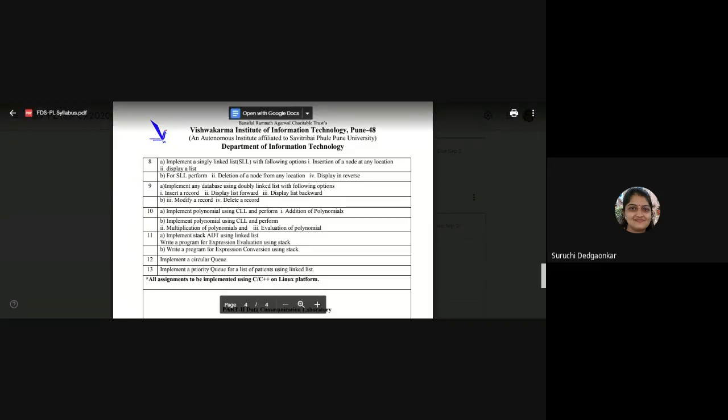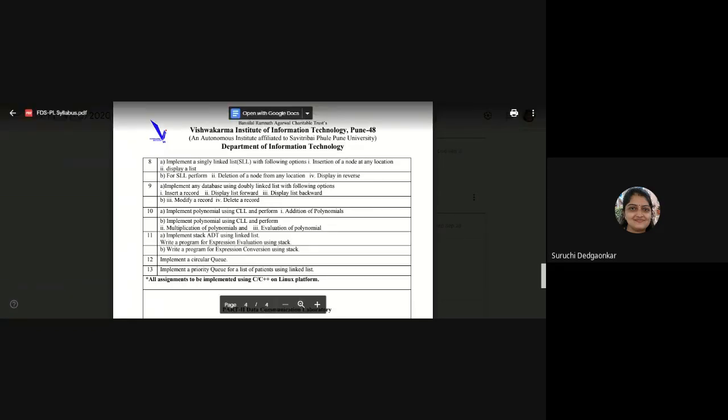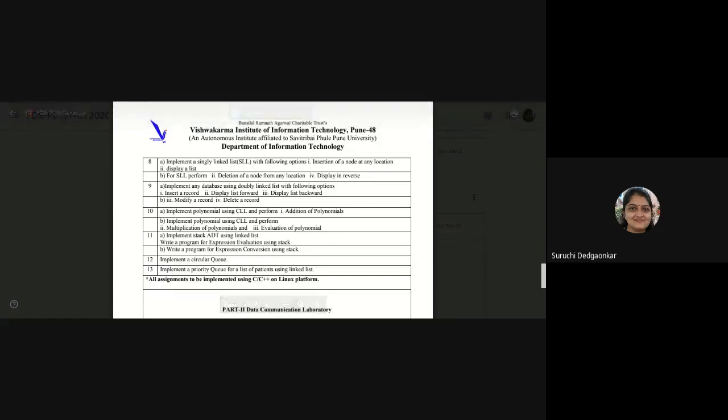So this is the single linked list assignment where all the insertions and deletions are to be performed. We can also write a search function or modify function here. And this we will do on single integer data in the node. So we will concentrate here not on the data part, but on the operations of the linked list, how to perform the different operations of the linked list.